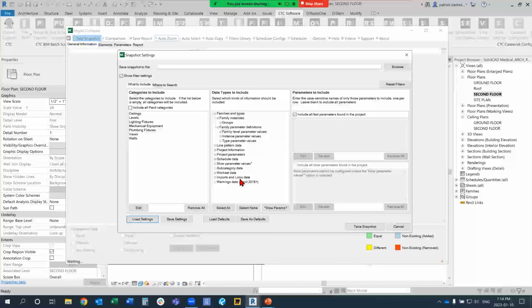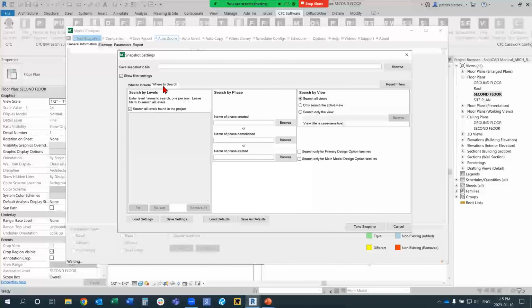So again, as you can see, you could add a lot of information to your snapshot. The more information, the longer the snapshot will take. But then also you can start filtering out the things that you do need or you do not want as you're working through. Once you have these specific options in place, you could also, at the top of the tool,